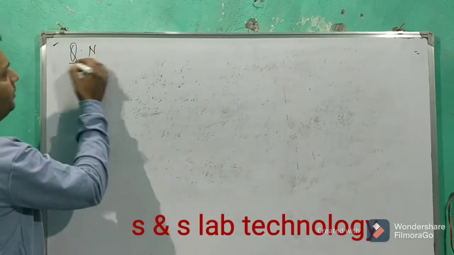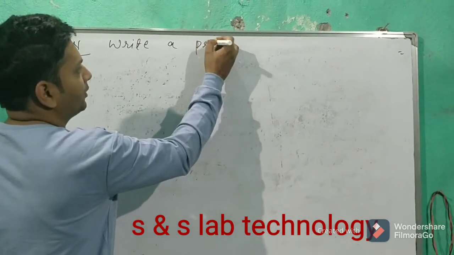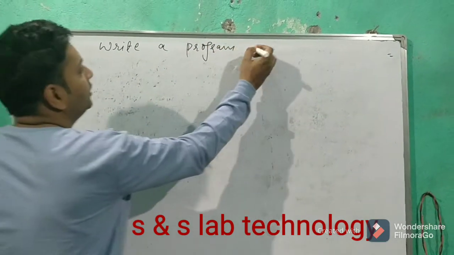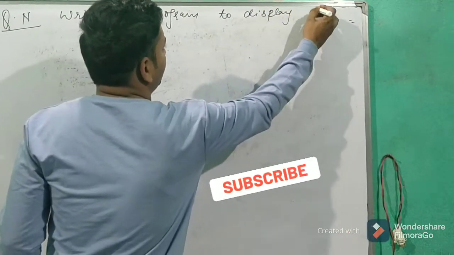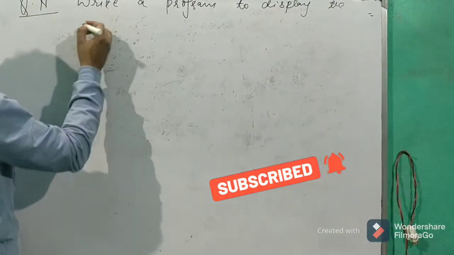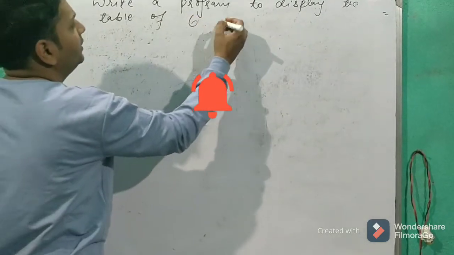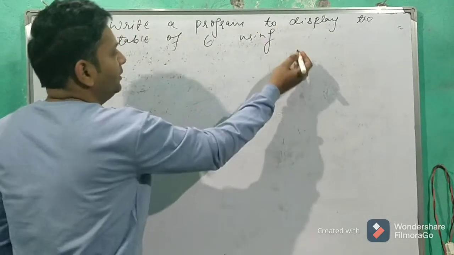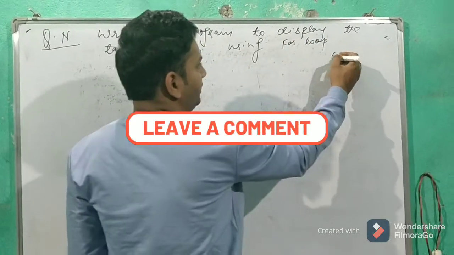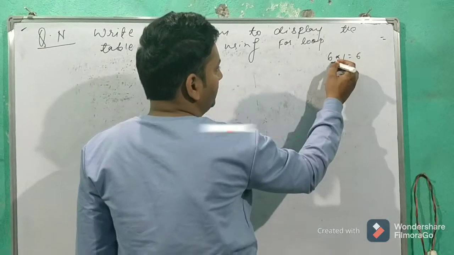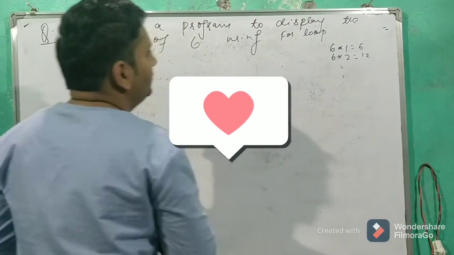Today I am going to discuss one of the examples related to the for loop. The question is something like this: write a program to display the multiple, or you can say the table, of 6, any number like 6, 7, 10, whatever, using a for loop. So our output is similar to this: 6 into 1 is equal to 6, 6 into 2 is equal to 12, something like that. So how do we get that